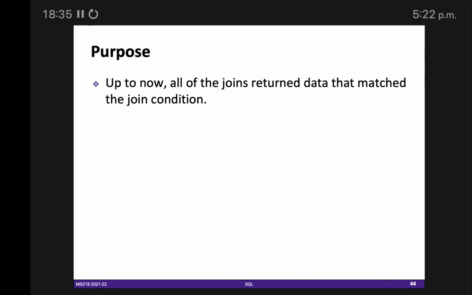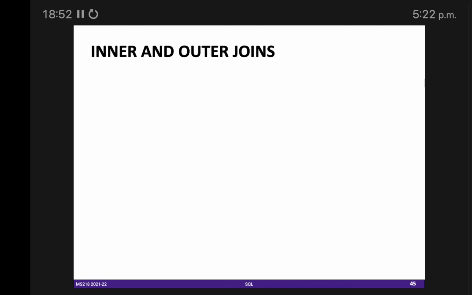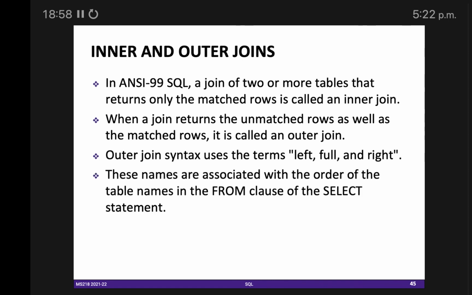Because there might be one assignment that no student has submitted, so it will not come if we check from left side, but we have to check from right side as well. So for this purpose we have different types of inner and outer joins, right? So inner joins and outer joins are in terms of left, full, and right.